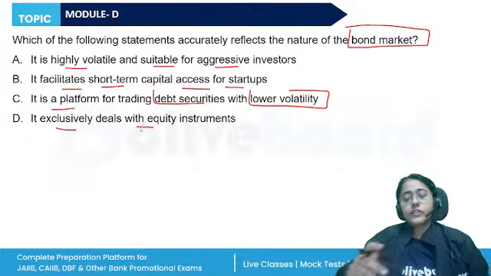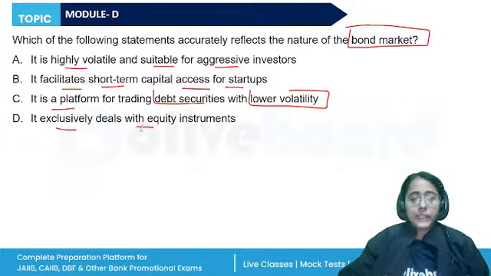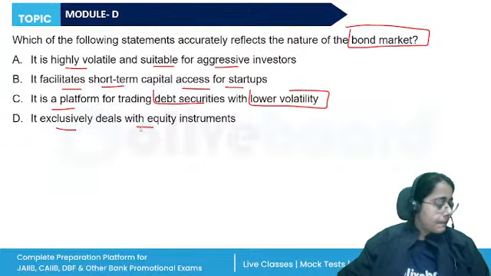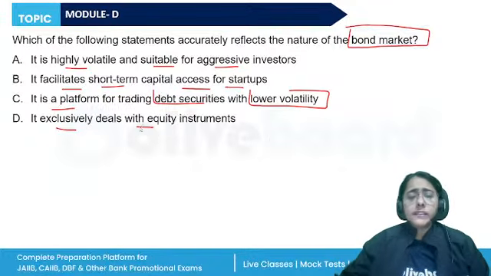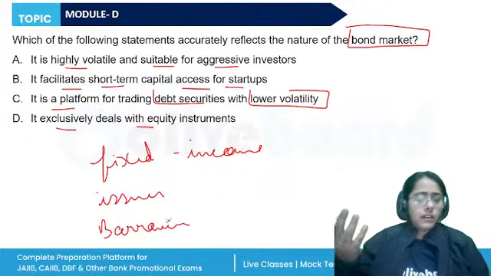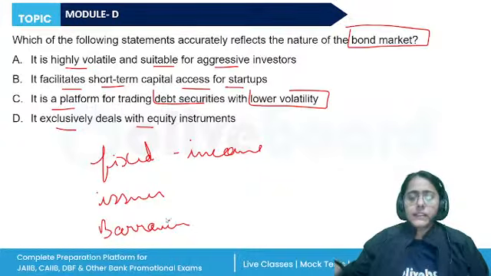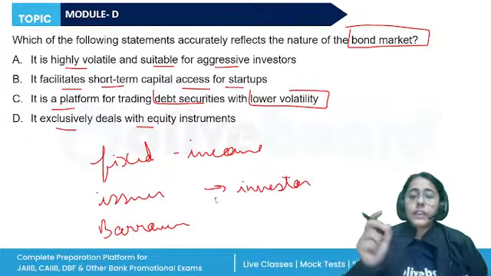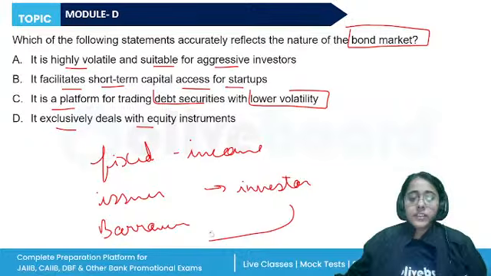Everyone, answer this question. We are starting with Unit 23, the different types of investment products, under which first we have a bond. What is a bond? A bond is a fixed income instrument. The issuer of the bond is a borrower. Companies, government, private companies, large companies, all of them issue bonds. They are known as borrowers, and the investors are known as creditors. So a loan is forwarded by an investor to the borrower.